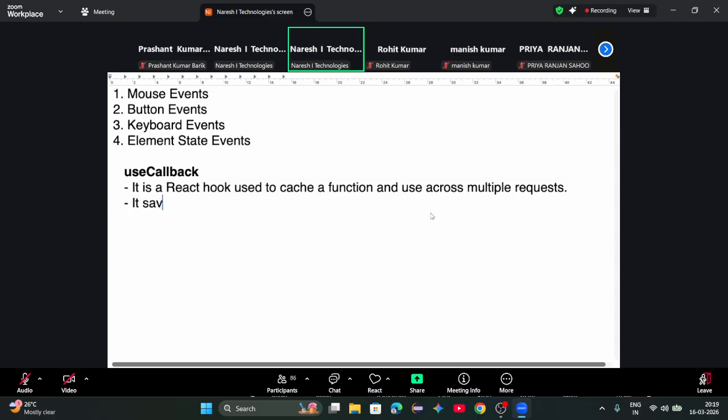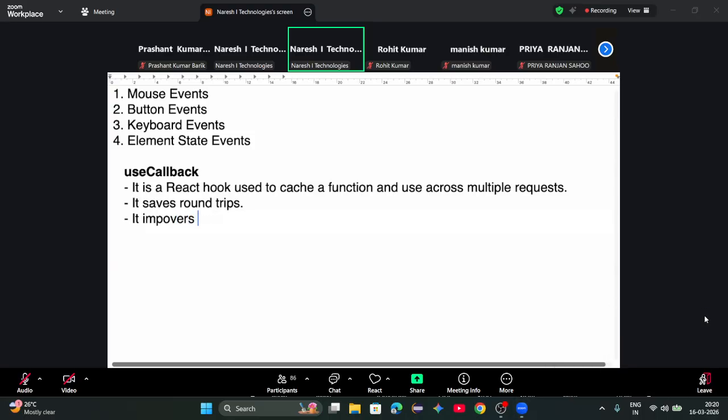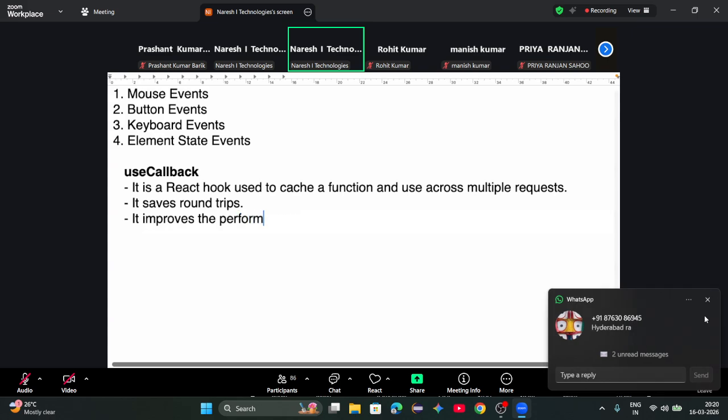It saves round trips. It improves the performance